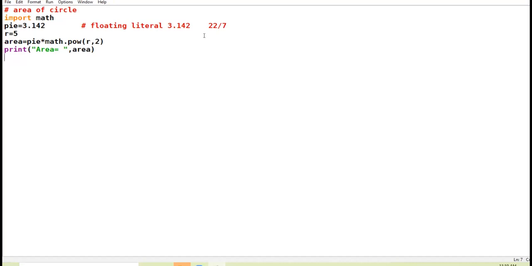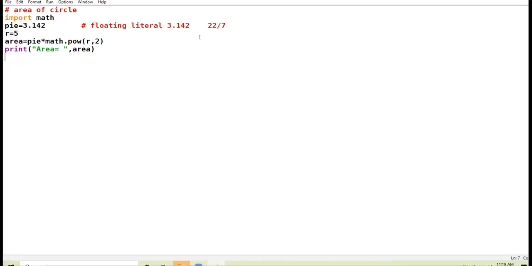So again, you have two options, whether you want to run the area of circle program using the power function, or whether you want to run it simple r into r. That is your choice. Diya, any doubt you have? You have raised your hand. Yes, unmute yourself.